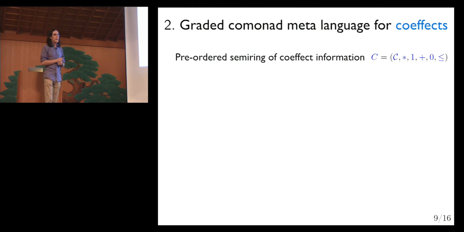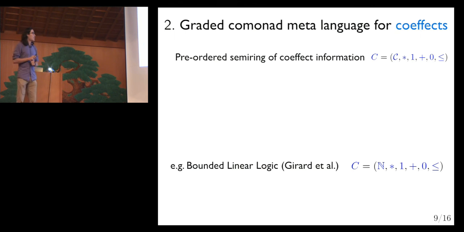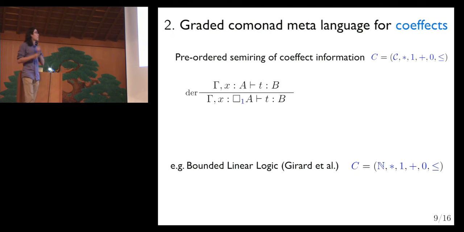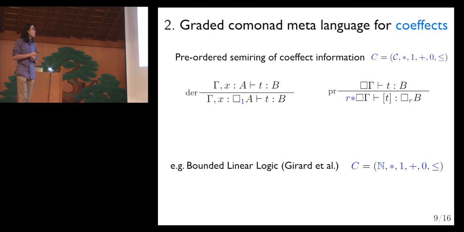So the next part is for coeffects, and that is parameterized by a semi-ring. And to make things nice and concrete, I'm going to take the natural numbers semi-ring that we all know, and this models Girard's notion of bounded linear logic, where we count in our types how many times we use a variable. So if we've got some program T with a free variable X, this rule called dereliction annotates X with the type constructor box1, which tells us that we've used the variable once.